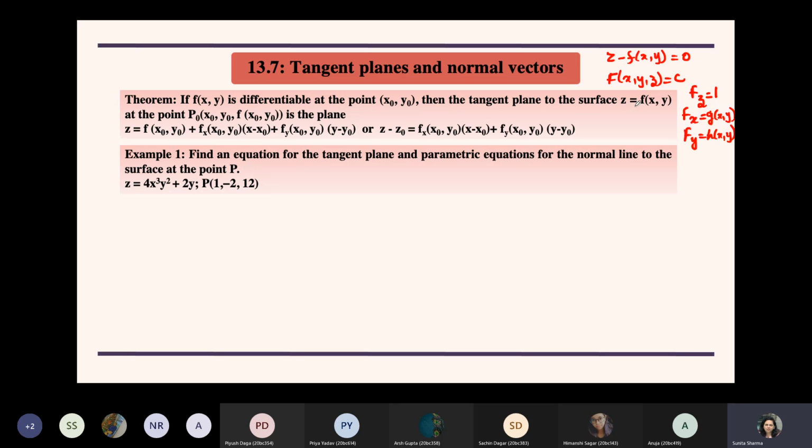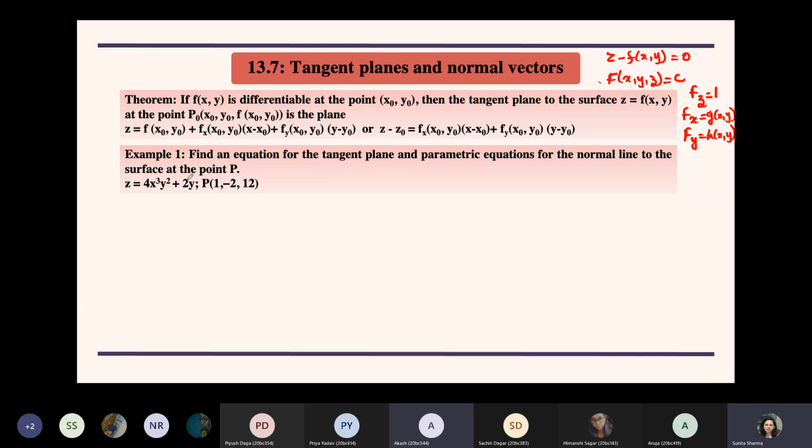If you can see that the question is explicitly defined, you can use this formula, or if you want, you can use the previous one by writing the expression as z minus f(x,y) equals 0. So your c becomes 0, and then you work on this like your capital F. You can do it both ways. Is this part clear to everyone? Yes, Priya, is it clear? Okay, Akash, is it fine with you? Yes, ma'am.